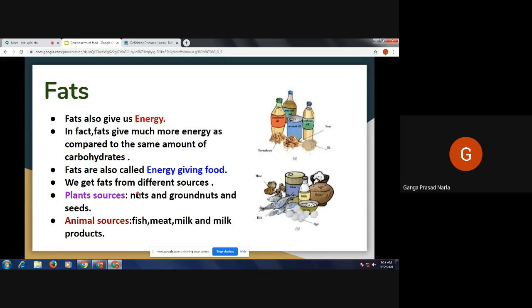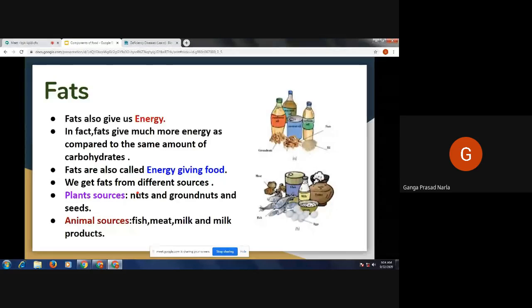Fish, meat, milk and milk products. What are milk products? Can you give some examples? Please mention in the chat box. Yeah, very good. Paneer, curd. Any other? Yeah, ghee,